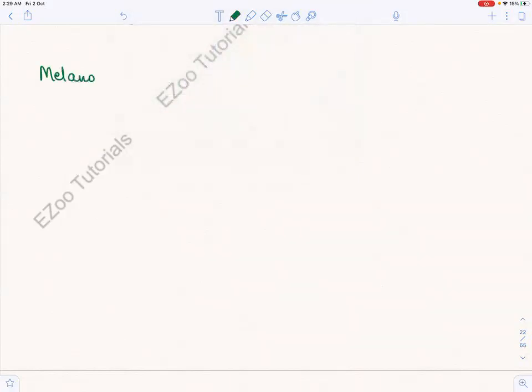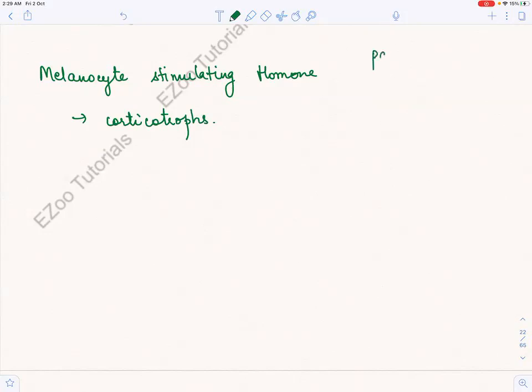Melanocyte stimulating hormone, right? Melanocyte stimulating hormone. So it will be produced where? The cells that are producing it are corticotrophs again, and what will happen? It will be made in the paraventricular nucleus, and from there it will travel through the hypophyseal portal system,